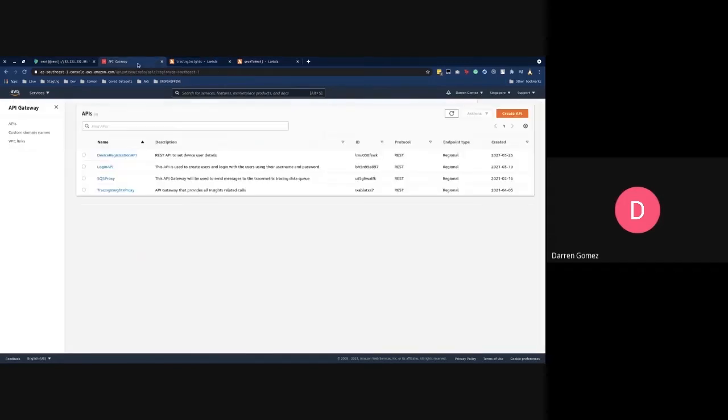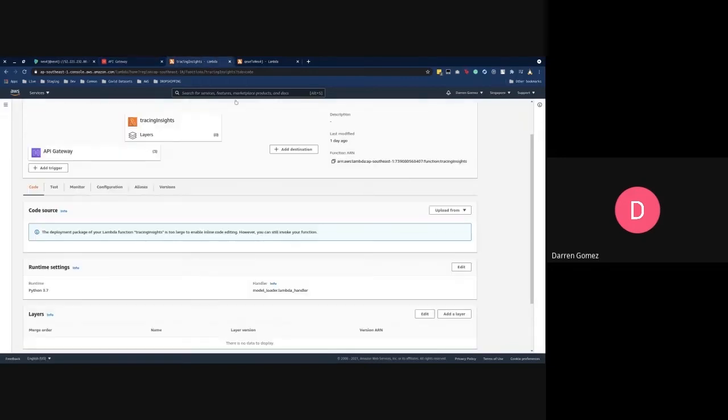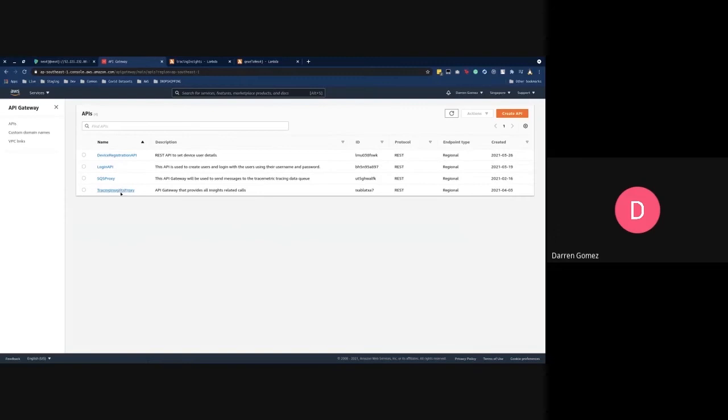All of these Lambda functions are paired up with the API gateway service that's offered by AWS to call publicly. If you see here, this SQS proxy is used to connect to the queue to Neo4j. This proxy is used by the IoT device to connect to the queue. And next, the tracing insights proxy. This API gateway is used to connect to the tracing insights Lambda function. So whenever a request comes, it goes to the API gateway and next to the